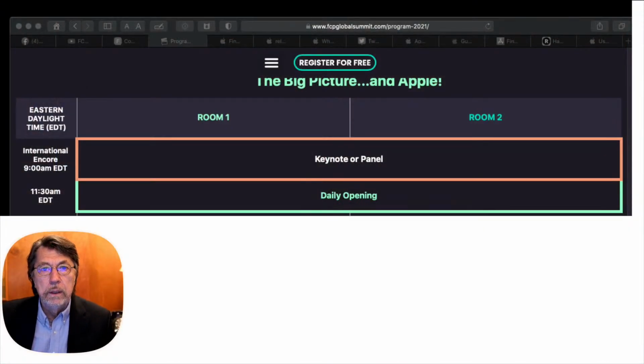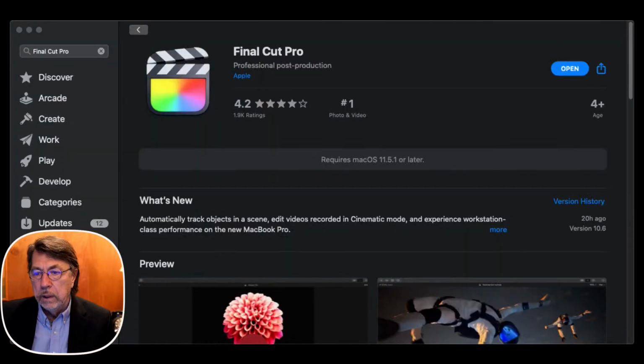Right there it says requires macOS 10.11.5.1 or later. But the weird thing is, I'll go ahead and download it and play with it a little bit, see what's going on.